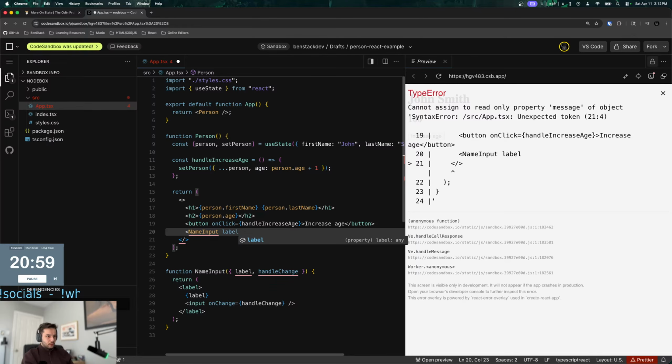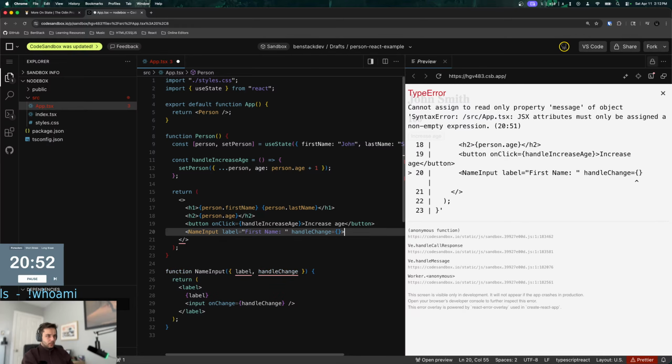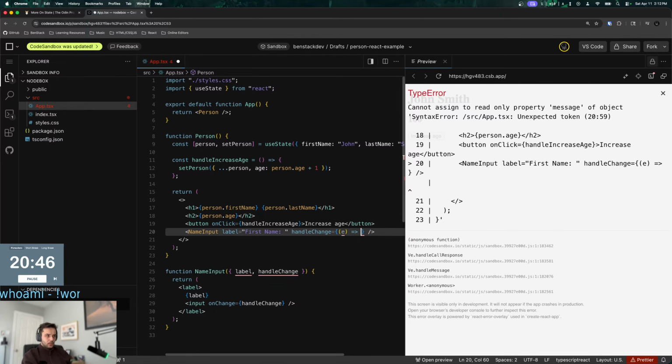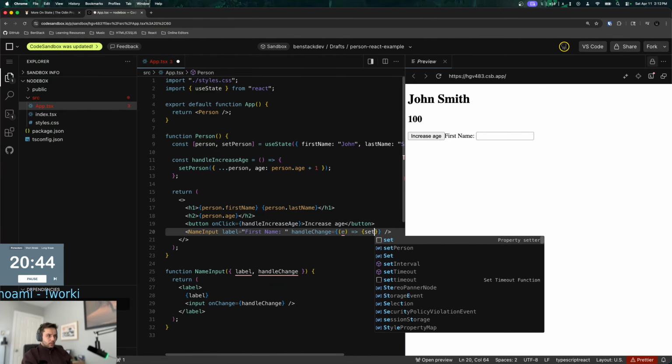Label is first name. And then handle change is a function that changes the person.